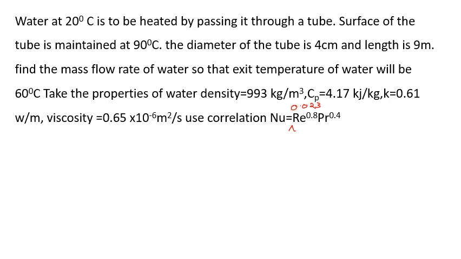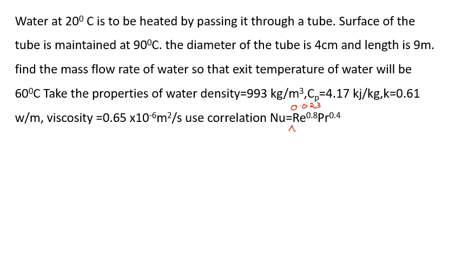So if you observe the problem here, it is a heat exchanger. So the temperature difference between the two bodies has to be found out by using LMTD, right? The inlet and outlet temperatures have been mentioned, so we have to use the LMTD. Moreover, the diameter of the tube is given in centimeter, it should be in meter, and length is 9 meter. We can proceed with the diagram.